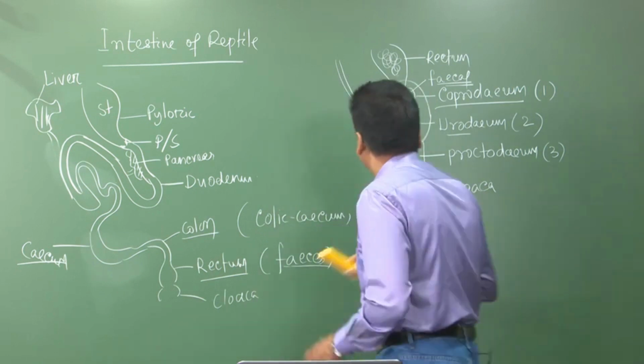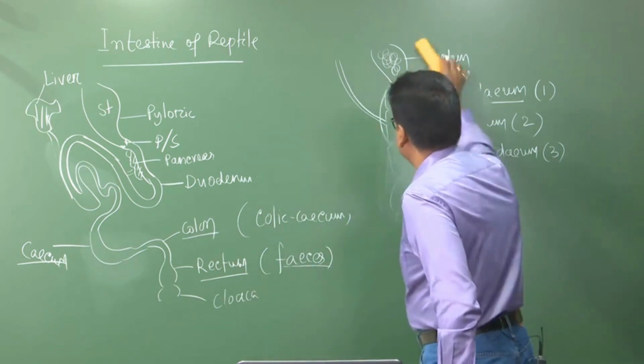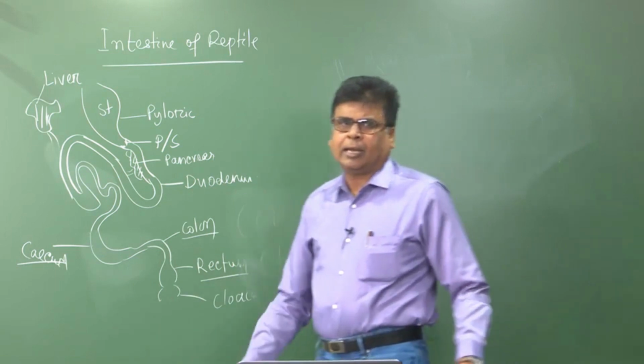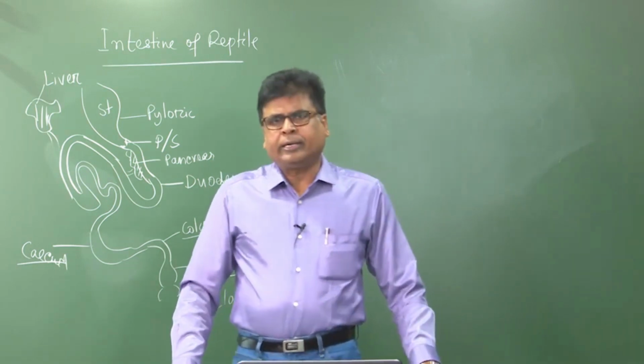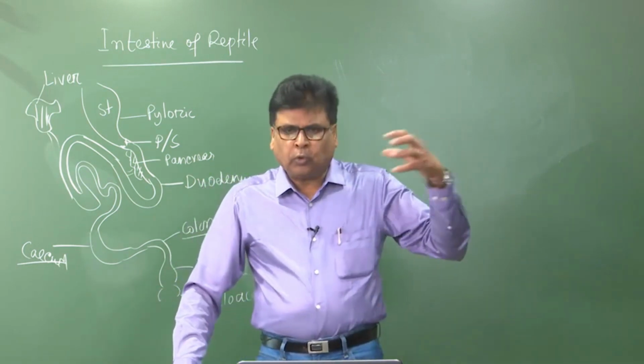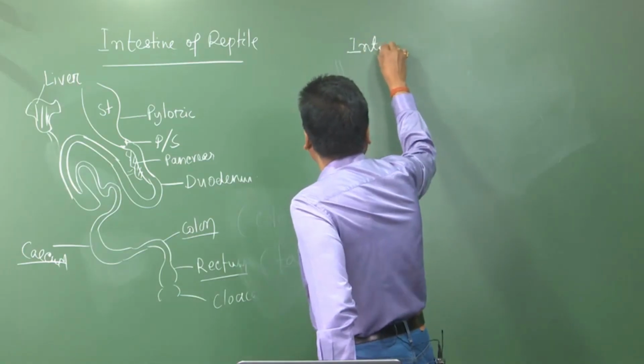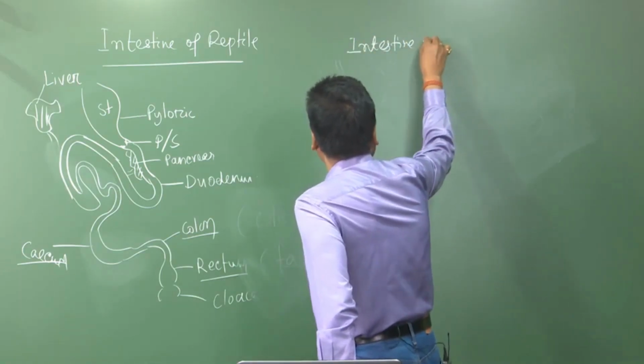Now you come to the next vertebrate, that is the most important vertebrate, known as bird. In case of bird again the intestine is to some extent modified, because this is completely aerial. Okay. In case of bird we know that a gizzard is present, through a pylorus. Now this is the intestine. This is the intestine of bird. Okay. Intestine of bird,